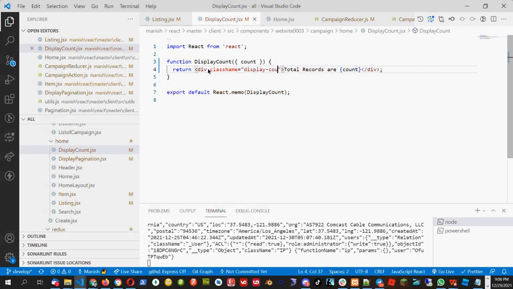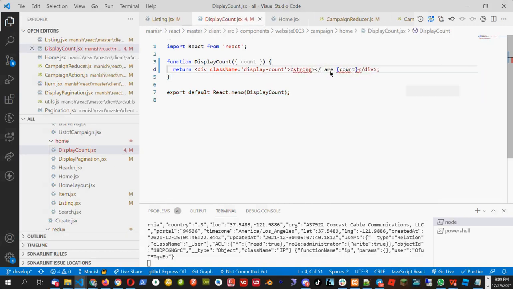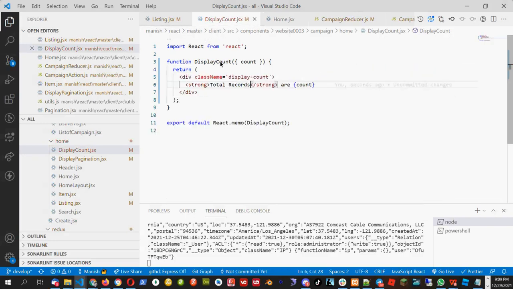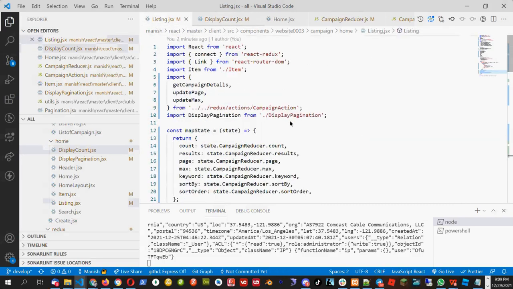So for the display count, I just print this message. Let's put this in the strong HTML tag so that it looks dark. Now I will call this display count in the listing page.